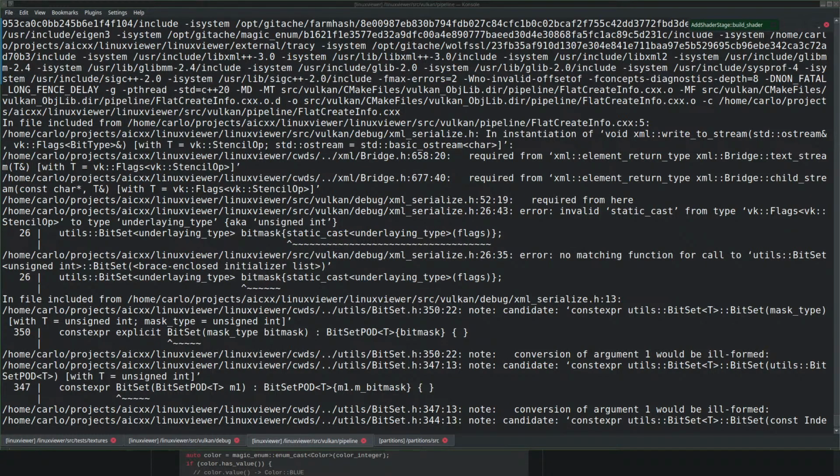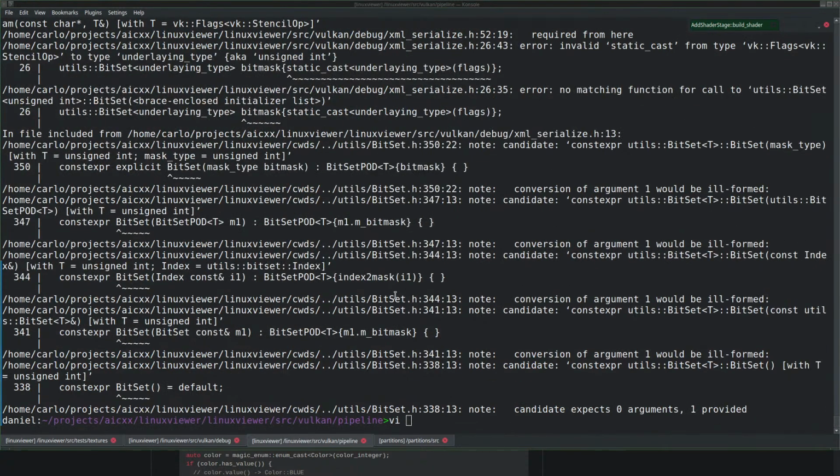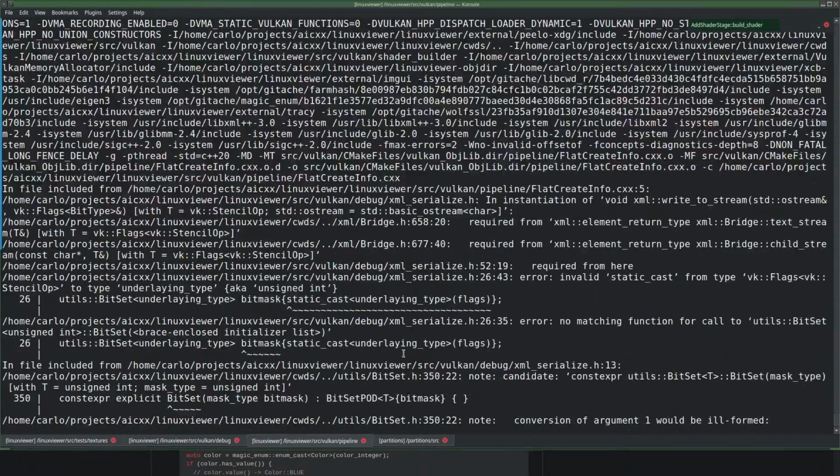Oh yeah. Yeah, what was I doing? Why is it not compiling? Invalid static cast.